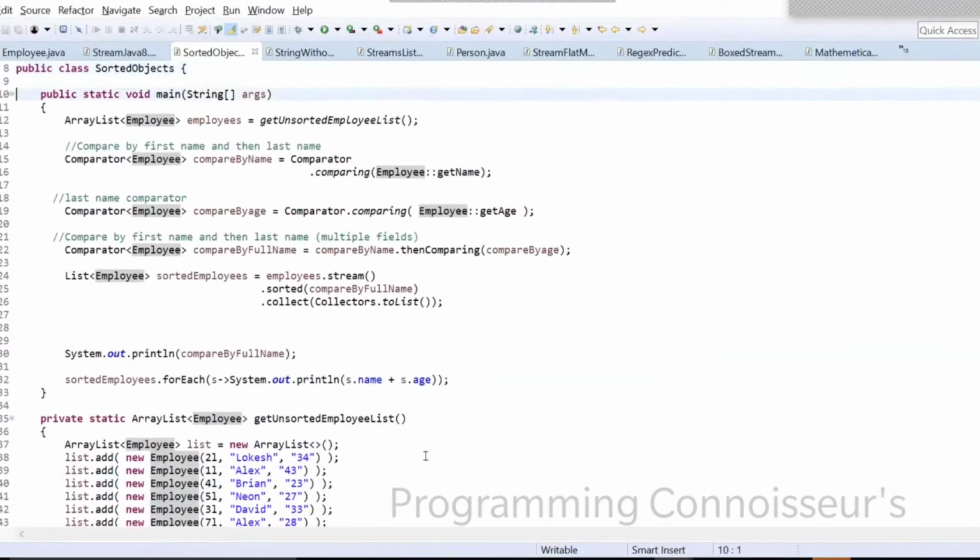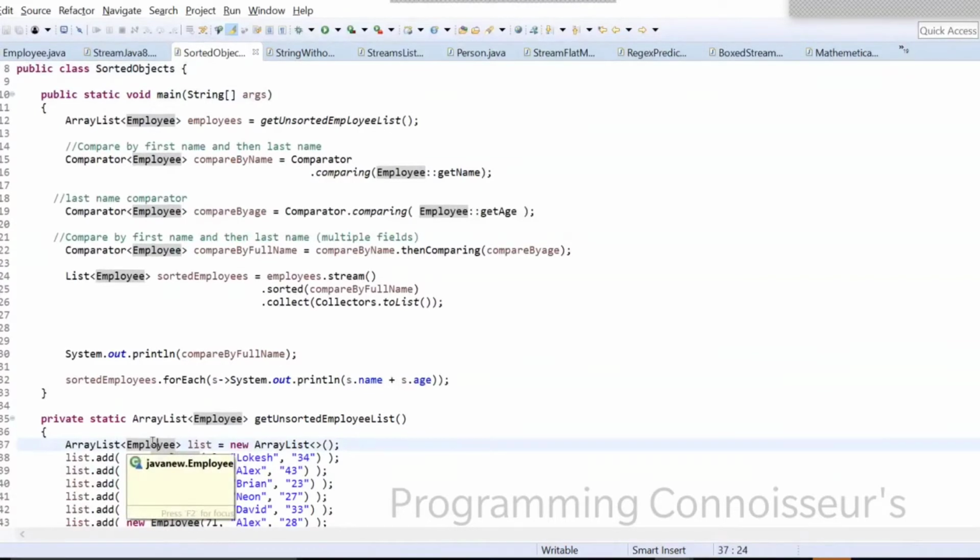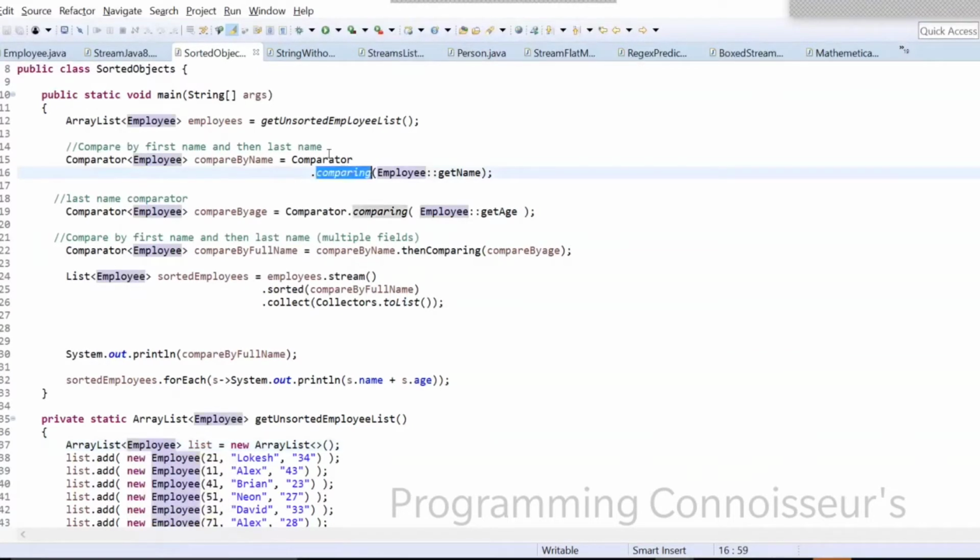Previously in the employee class we were implementing the Comparator interface. Rather than that, now there is such an advantage in the Comparator interface. We just say comparing, which is the first method.